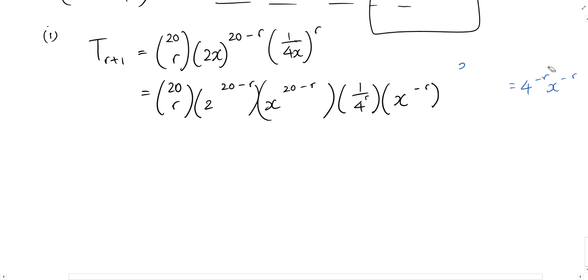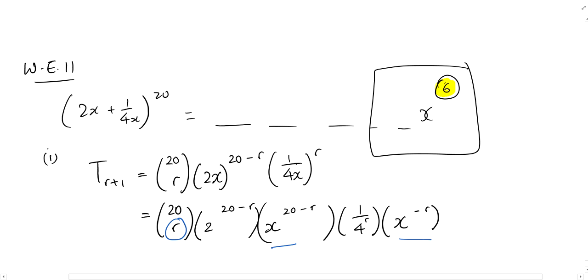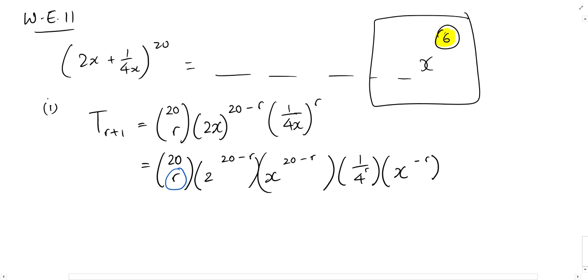So now I still have my x term over here, x term over here. I want to determine the value of r so that I can find the term. And then there is a condition, which is the power of x must be 6. Right now I've got x to the power of something, x to the power of something. I must combine them together using laws of indices. Our chapter 1 in EMATS, very important. So this gives us